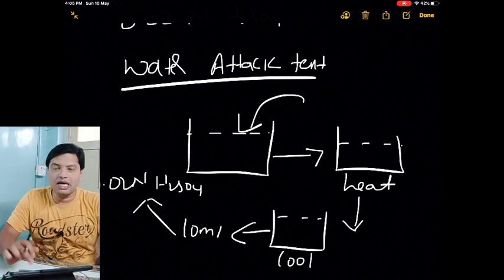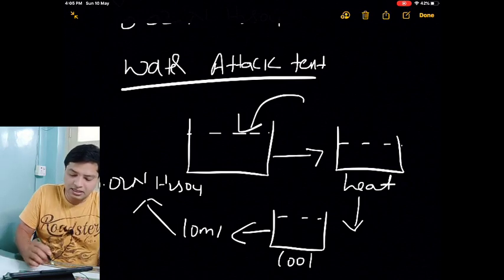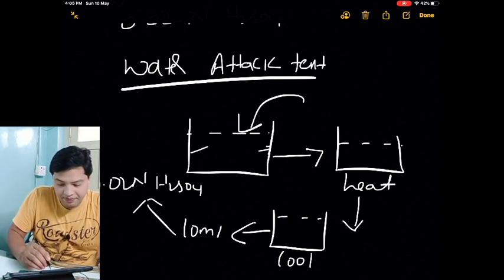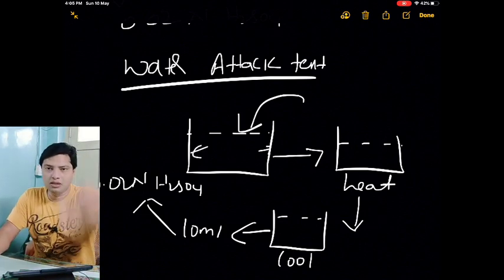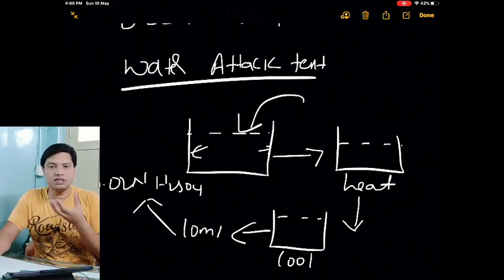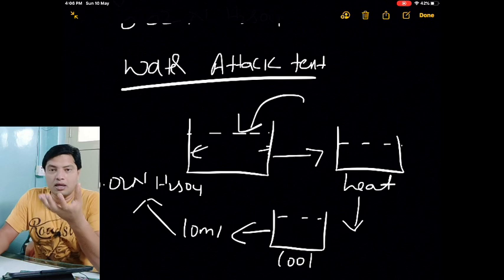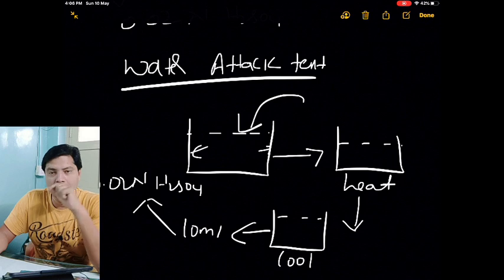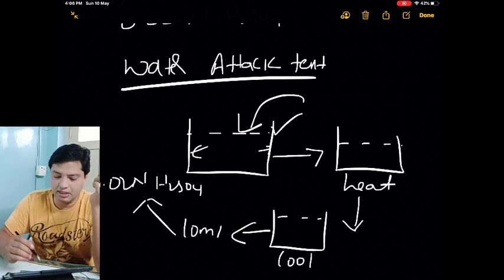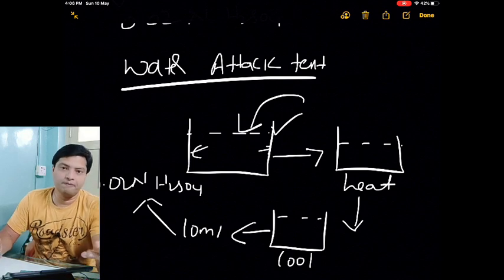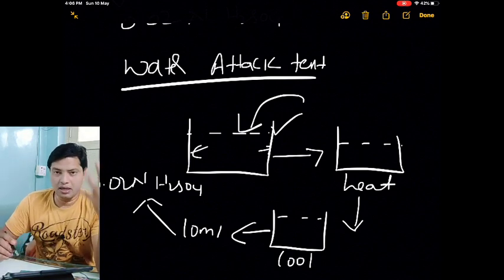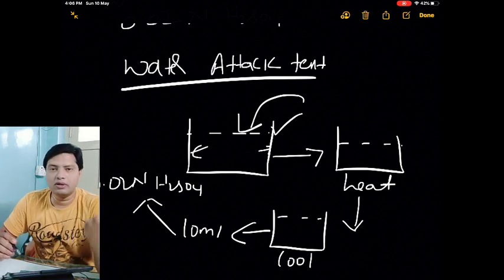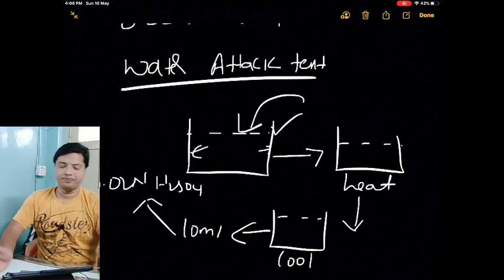Why do we call it the water attack test? Because you keep water inside the beaker whose alkalinity needs to be tested, and this water will try to attack the glass. Due to that, alkalinity will come into the water present in the beaker. This beaker is made up of the particular glass which needs to be tested.